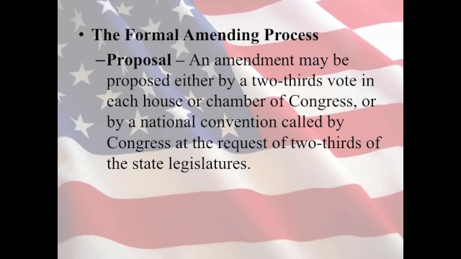Let's begin. The Constitution can be formally amended, and it changes informally. Constitutional changes may occur either by formal amendments or by a number of informal processes. Let's look first at the formal amending process. The formal amendments change the written language of the Constitution. There are two stages to the amendment process: proposal and ratification, each with two alternative routes.